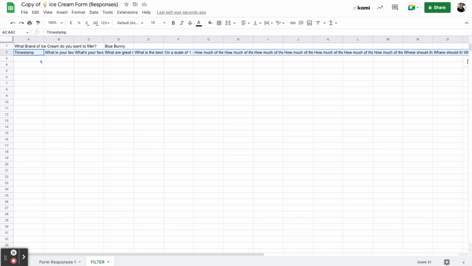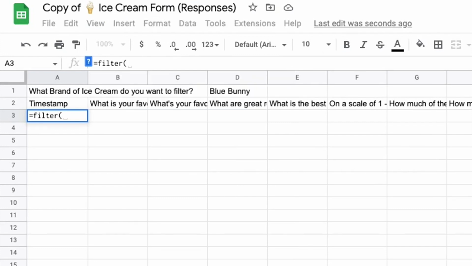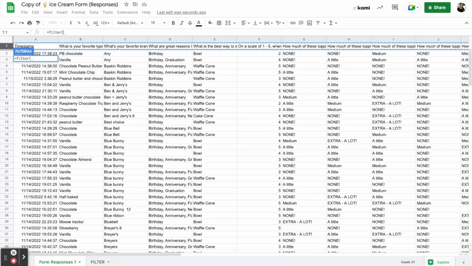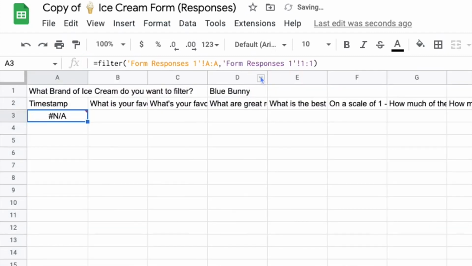To create the filter, this is what I'm going to do. I'm going to click in this first box right here, and I'm going to enter my formula. Equals filter, parenthesis. I'm going to click to tell the computer what information I want it to give me. So click. I want it to give me the information in column A, and then we enter a comma to give it its next piece to look for, the next argument, comma. If I want it to give me information if anything in column C,